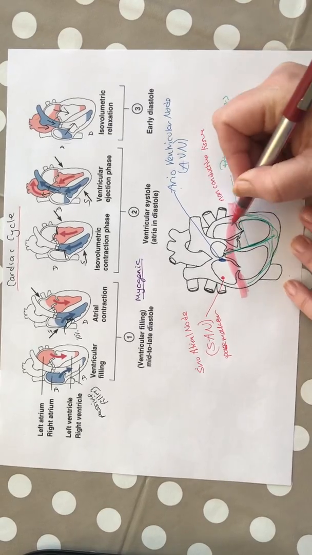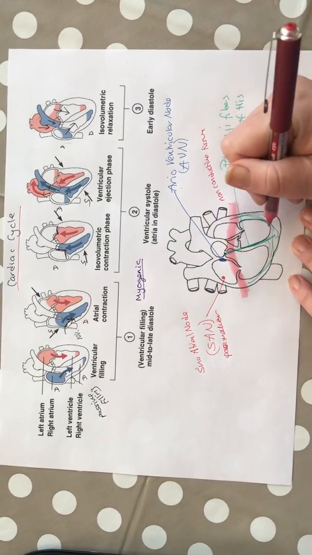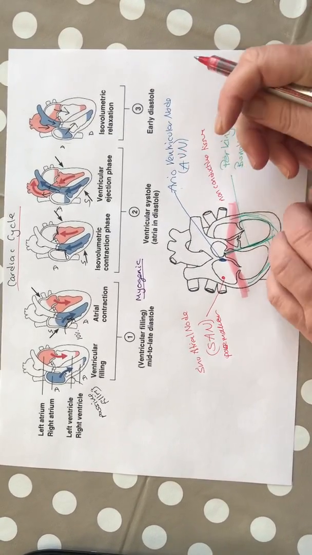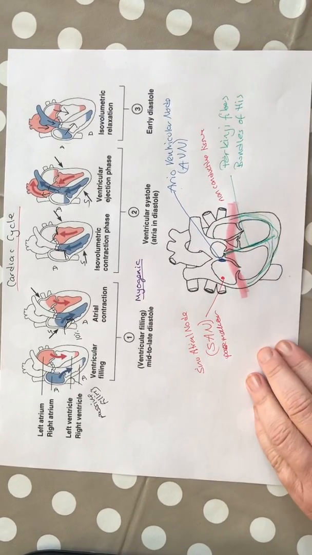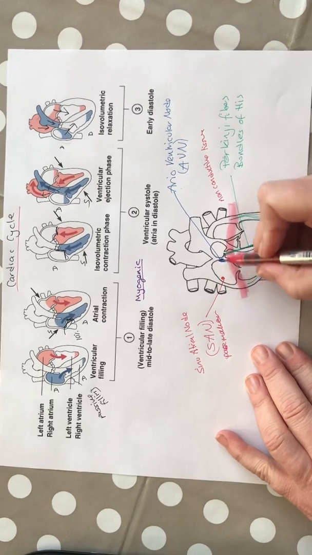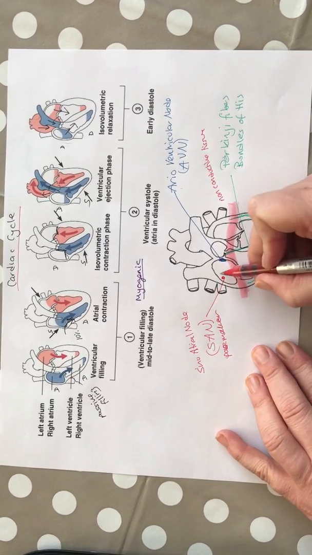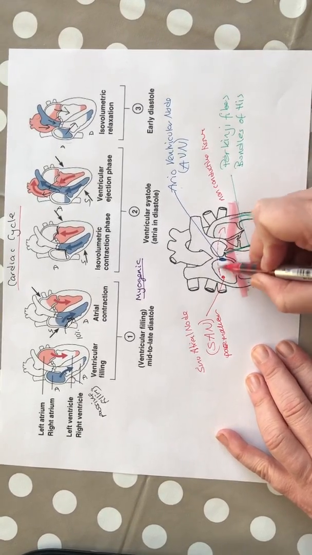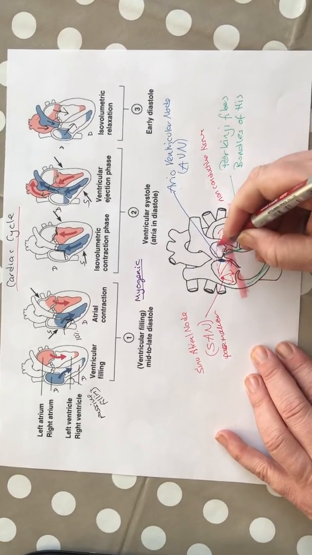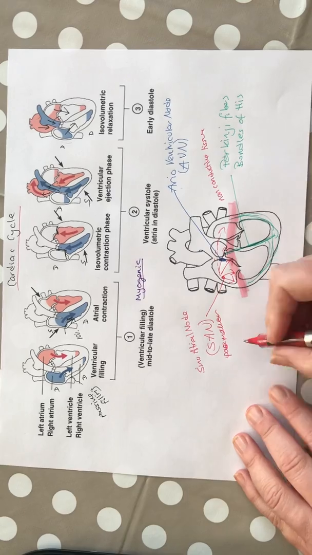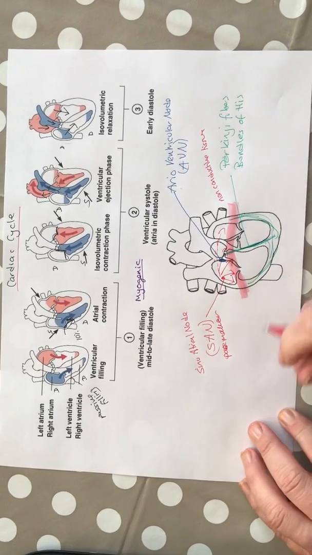And this non-conductive tissue prevents any electrical stimulation going downwards. So what actually happens is that you have electrical stimulation radiating out from the SAN along and throughout both atria at the same time. Now, I think if you were in the lesson, but I'll mention it again in case you weren't,